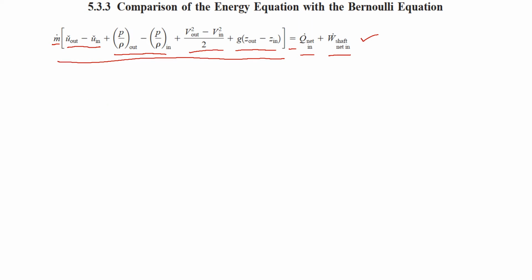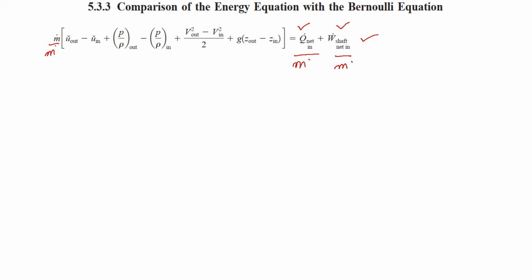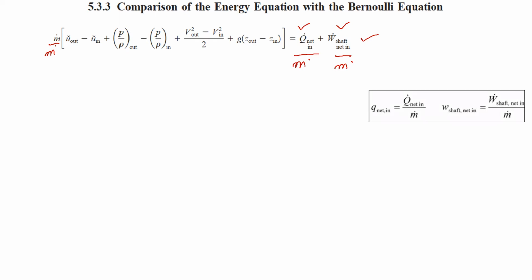Now what we are going to do is first divide both sides of this equation by the mass flow rate. By doing so, we will get rid of the mass flow rate on the left hand side. If we divide this by m dot, this by m dot, and this by m dot, what we get on the right hand side is the specific rate of heat transfer in and the specific rate of work transfer. So let's see what these terms will be. These will be the terms that we get: this is the term for the specific rate of heat transfer, and that is the work transfer